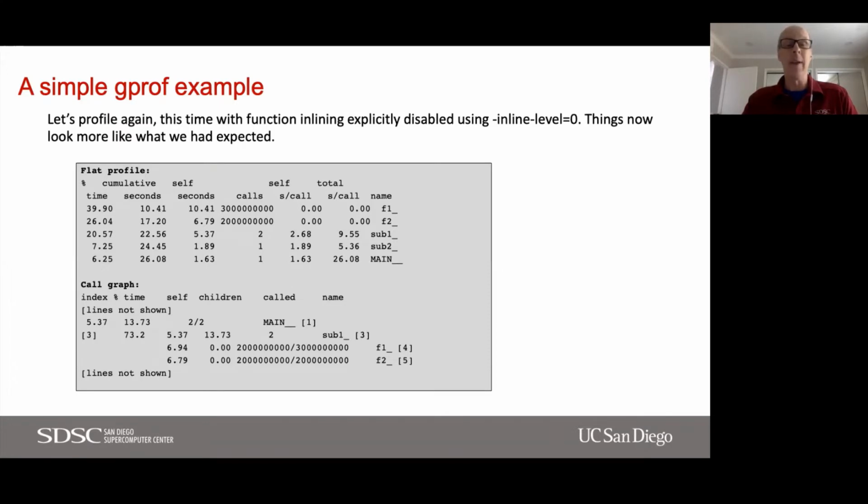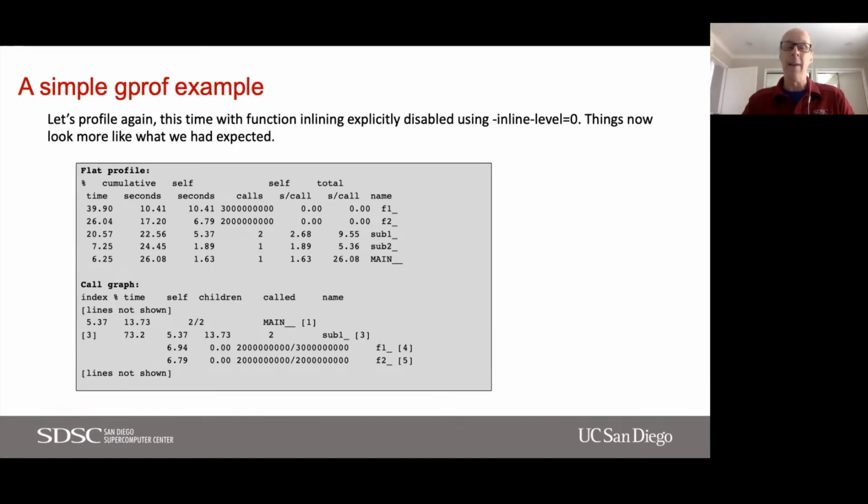F1 was at about 39%, F2 at 26%. Sub1 and sub2, even though they don't really do much, they're just making these calls to F1 and F2, are going to incur a lot of overhead, since they're repeatedly making calls